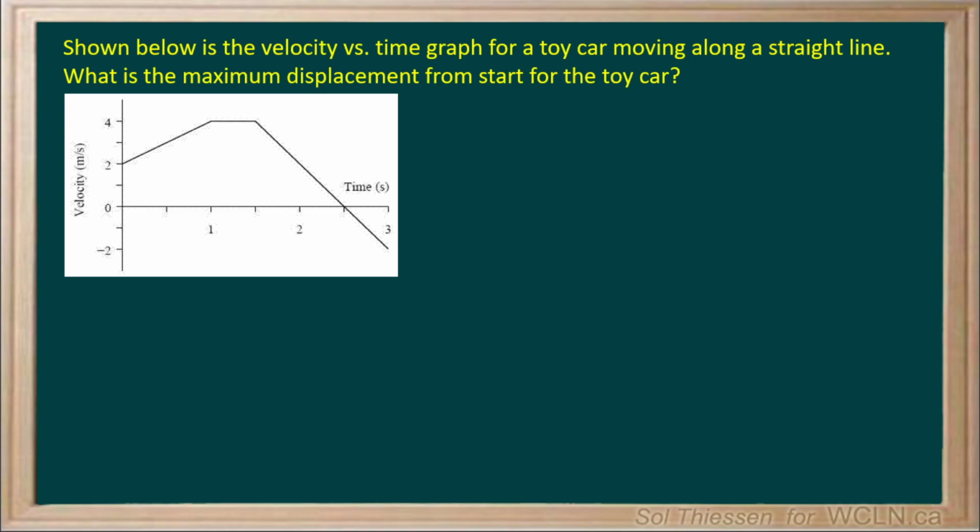Shown below is the velocity versus time graph for a toy car moving along a straight line. What is the maximum displacement from start for the toy car? So remember that on a velocity versus time graph, displacement is represented by